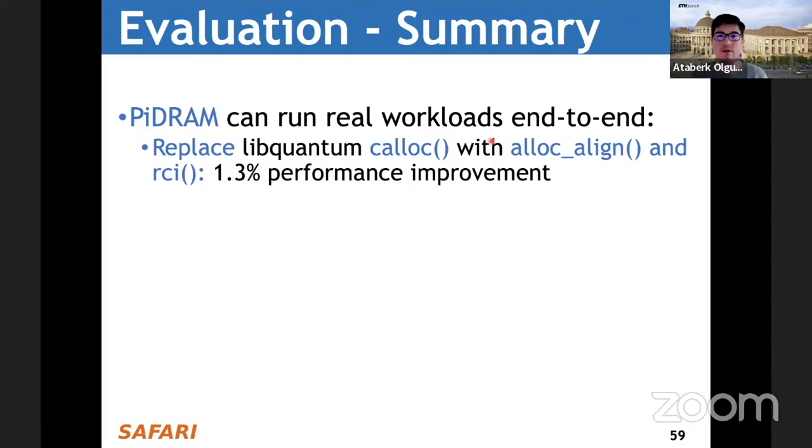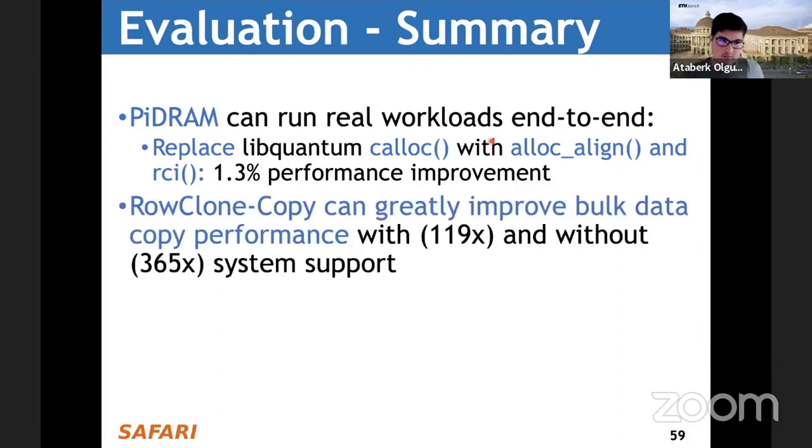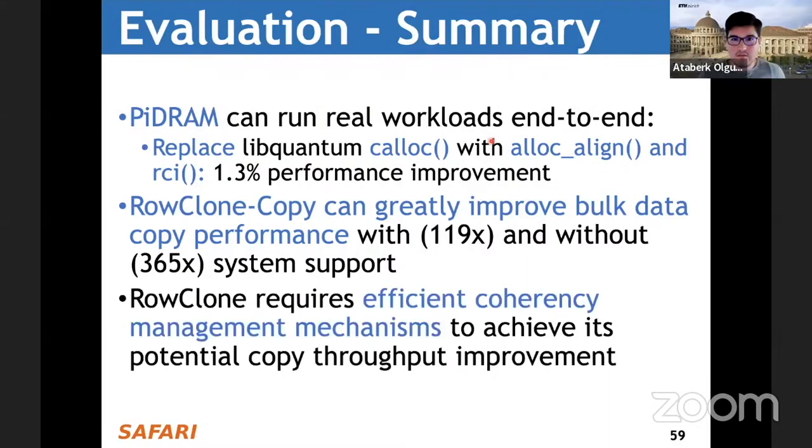It takes a small amount of time to begin with. You can find the details in the paper on arXiv. We've seen that row clone can greatly improve bulk data copy performance with and without system support. And we've seen that it requires efficient coherency mechanisms to achieve its maximal copy throughput improvement potential.